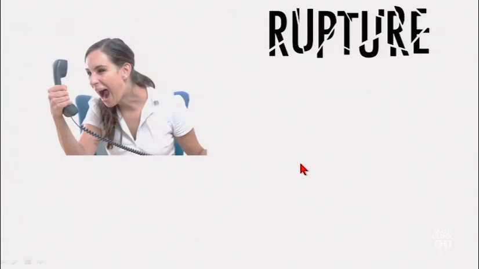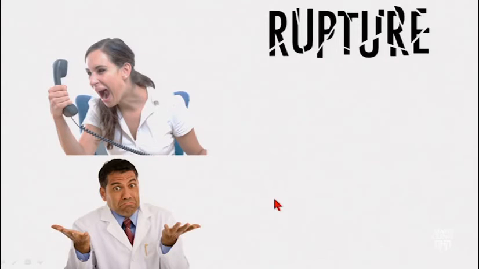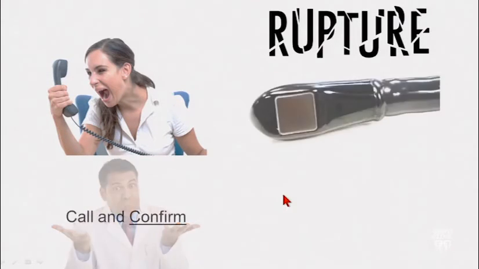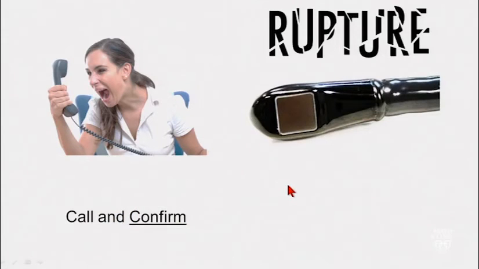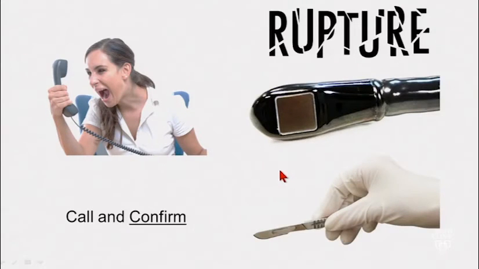So when you identify a rupture, you're going to get on the phone with your surgeon and pleasantly tell them, there's a rupture, and the surgeon is going to say to you, oh, good, where's the rupture? And you have to say, oh, well, actually, the echo is on the way in. And so when you identify this, you want to call and confirm. It's good to know to call your surgeon, but don't forget you want to confirm the anatomy of this as well to help your surgeon do the right thing. Have a high suspicion, bring them in, but confirm as well.